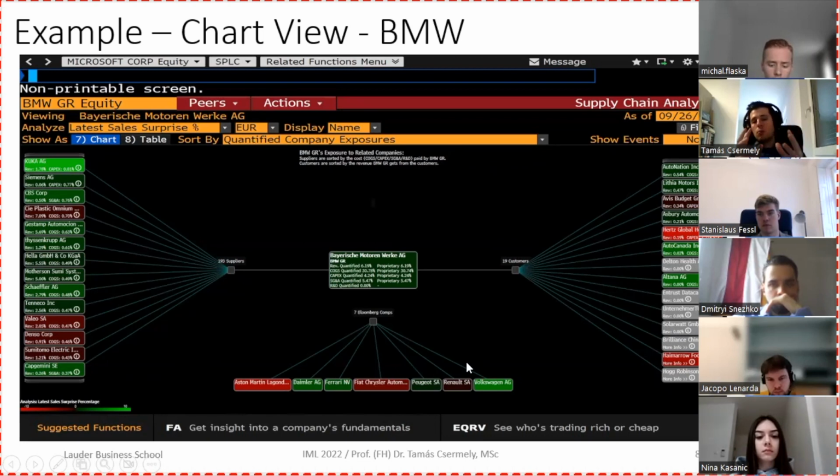Yet, of course, the scope is also relevant because if you say Microsoft, they are in the AI business, hardware business, software business, enterprise resource planning system business. So in many cases, you will see competitors from all angles that the company covers, which you also do for BMW. You see the main competitors here. You see the largest suppliers such as aluminum or ThyssenKrupp, or car plastic, where you can see how much of the revenue stems from